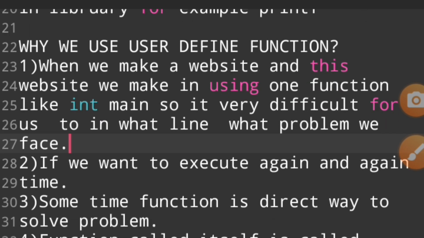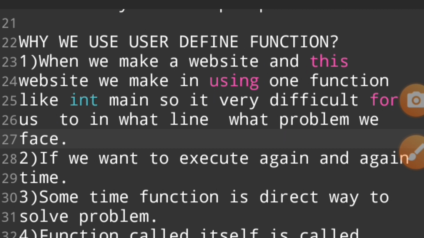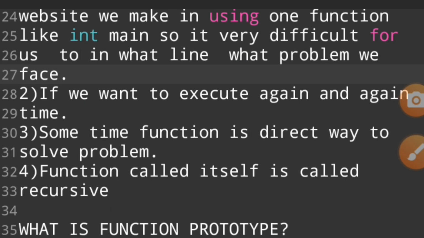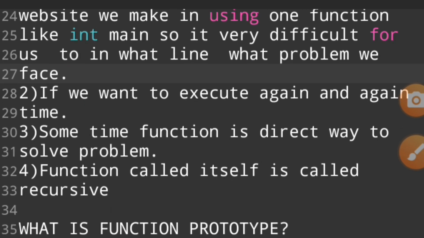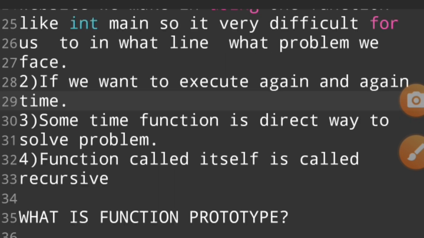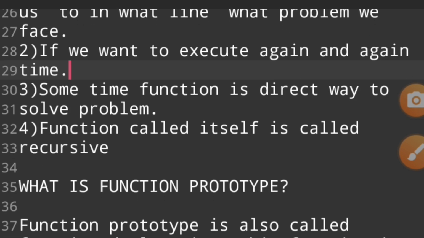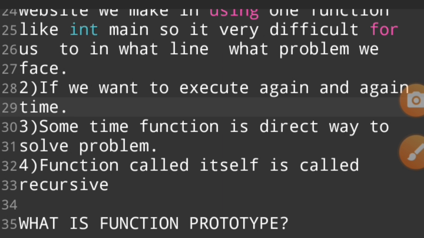If we make a 1000 line program, it is very difficult for us to see what problem we face in this code. So we use user defined functions, and in each user defined function we write a specific task. For example, if we make any game, we declare a lot of functions, and the work of function number 1 is